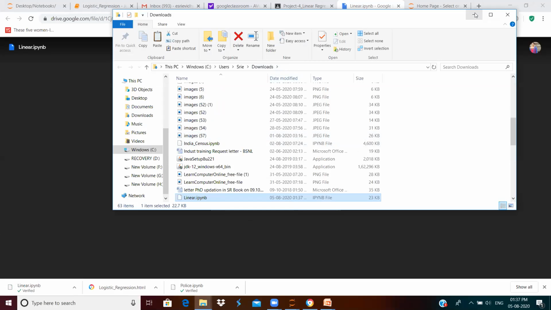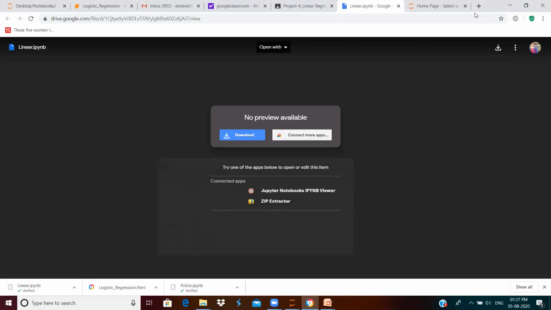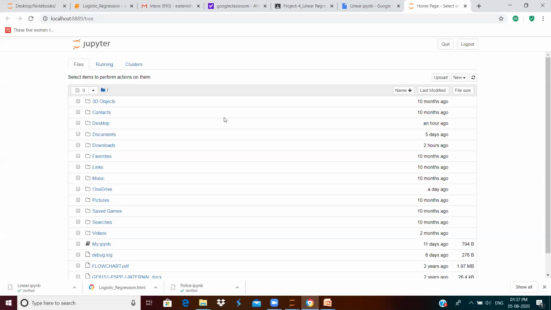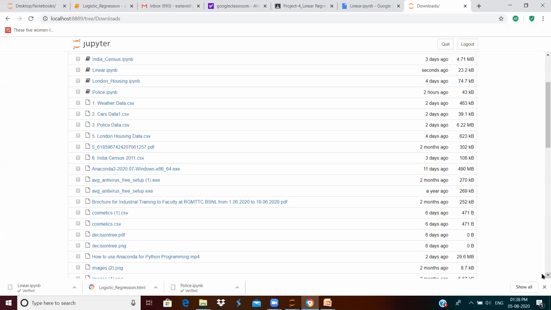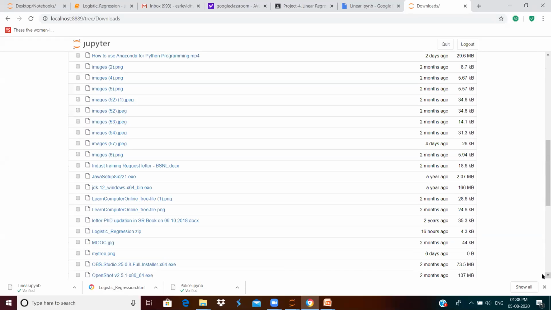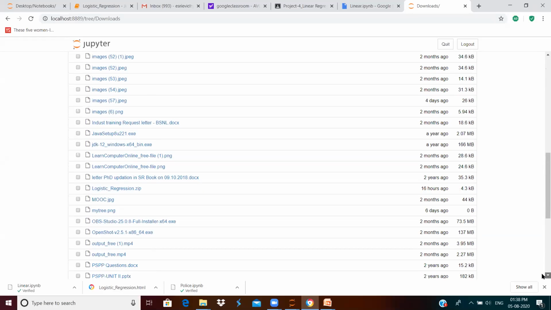So now I'm getting into the Jupyter notebook again. So now I'm going to the home page here. So this was opened. I'm getting into the downloads location. So from this location, you should open the linear regression file, which was downloaded.